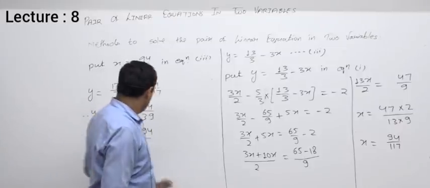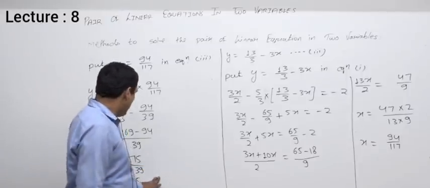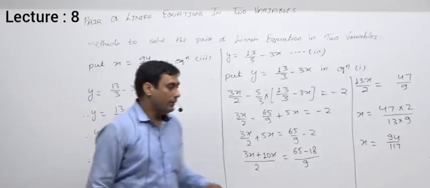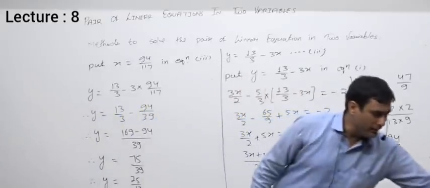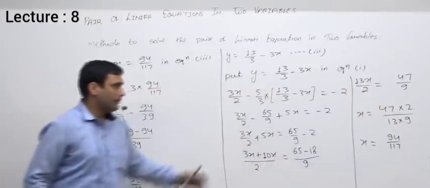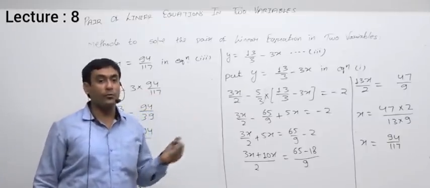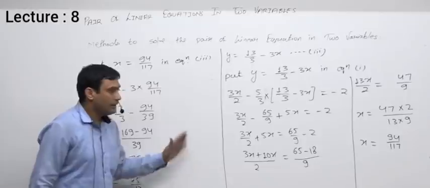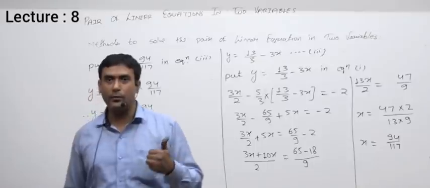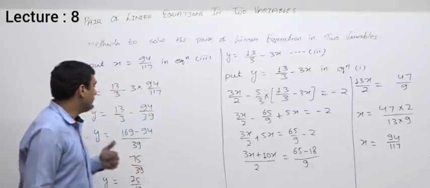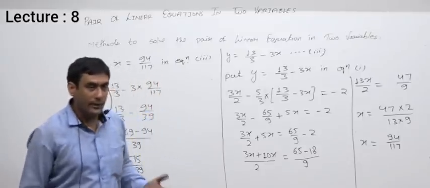So again we can write a concluding line, that is x equal to 94 by 117 and y equal to 25 by 13, the solution of the given pair of equation. Now one more question we'll see, again with the substitution method. Now different type of questions. All these questions have only one difference, that the coefficients are of a different category. Otherwise the method is the same. First we saw one where the coefficient was 1, then a question in which the coefficient was not 1, it was like 3, a natural number.